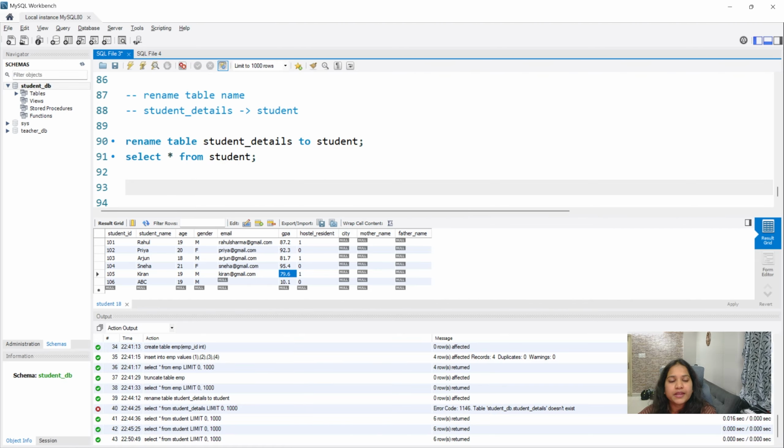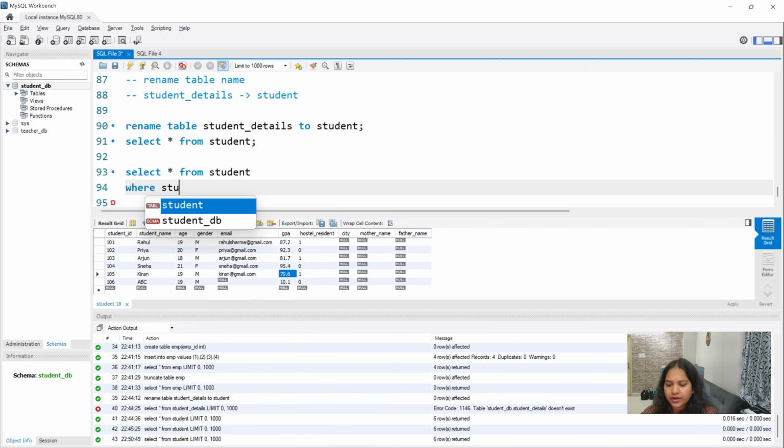That is why in SQL, we have something called the where condition. The syntax is: select star from student where student underscore name equal to Kiran. Let's put K as capital. What does this mean?